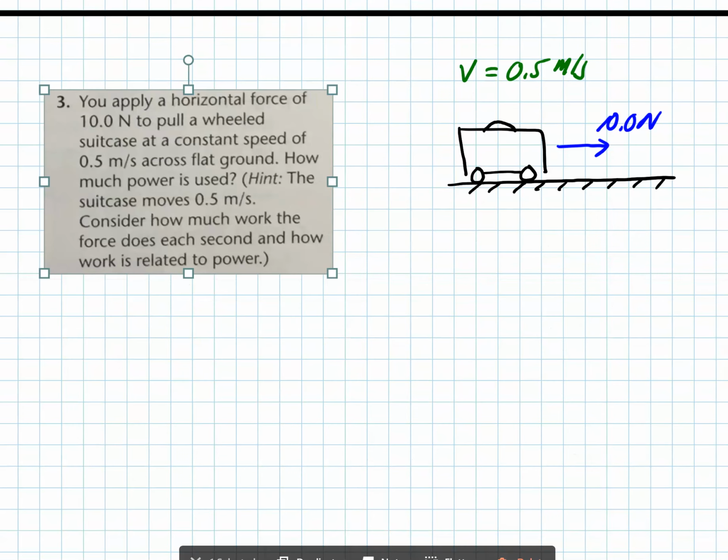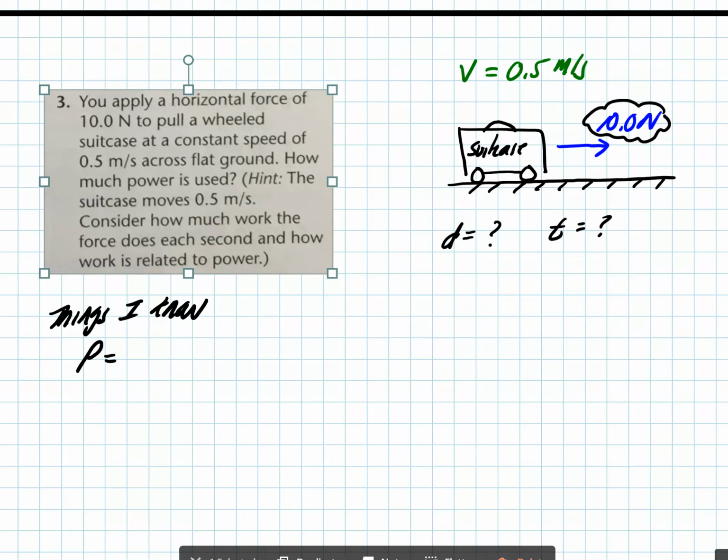Problem 3. Again, another, what's the power? How much power is your power output if you take a suitcase and you pull with 10 newtons of force, and now, wait, where's the distance moved? Where's the time? So distance we're not given, time we're not given. So, well, let's see. Well, maybe we'll figure this out. But things I know